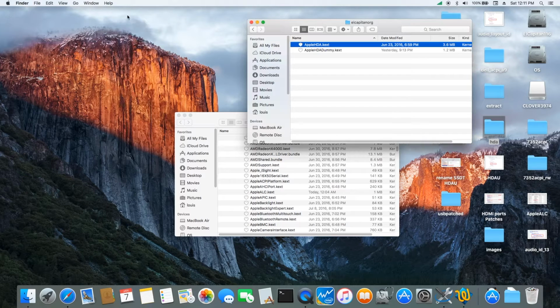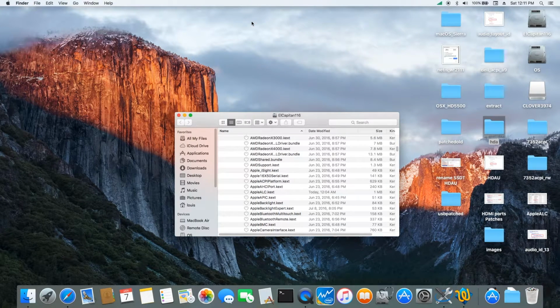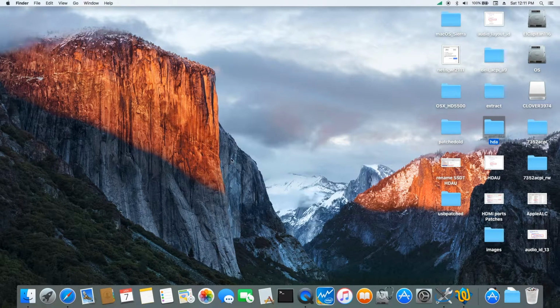That's El Capitan 10.11.6. Alright, so we're going to install it into the extensions folder. The next thing, we can also check